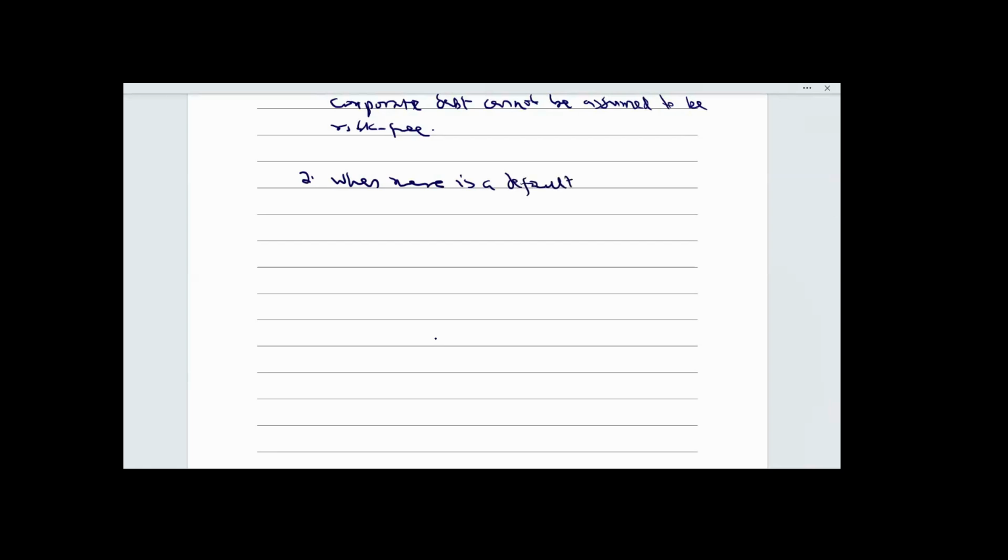So what do you mean by default risk? That is the inability of a company to pay